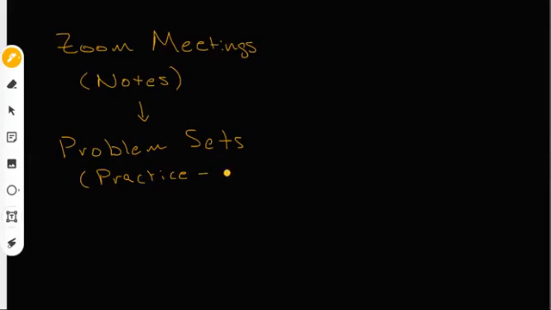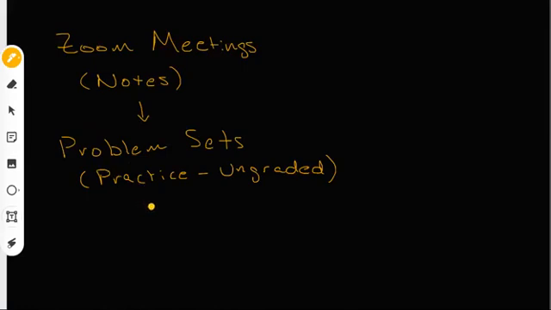And as such, they are not graded. So these are ungraded. You don't have to turn these problem sets in. But I am assuming that you're doing the problem sets. They're for your practice. And what I'll do is, most of the times when I'm doing Zoom meetings and lectures, I'll take problems from the problem sets and I'll do them during the Zoom meetings so you can see how the problems are done. And then once you feel good about the problem sets, and the way you feel good about them is I'm going to include the answers at the very end of the problem sets so you can check yourself. But again, the problem sets are just for practice.